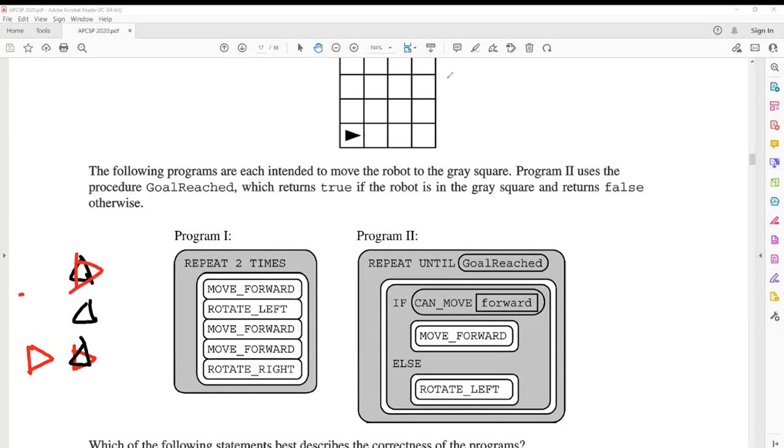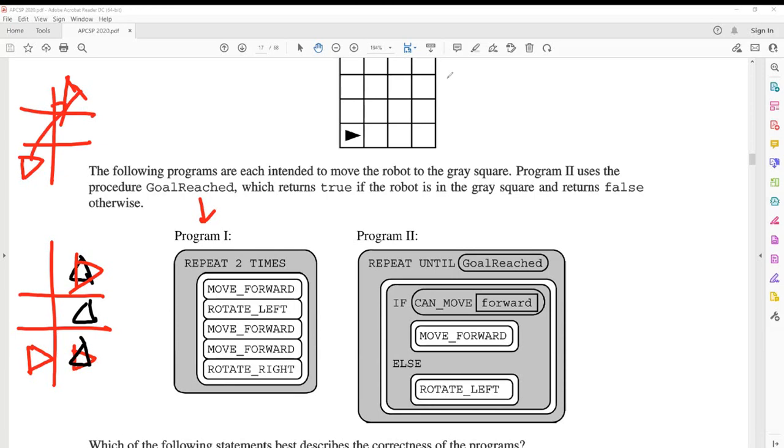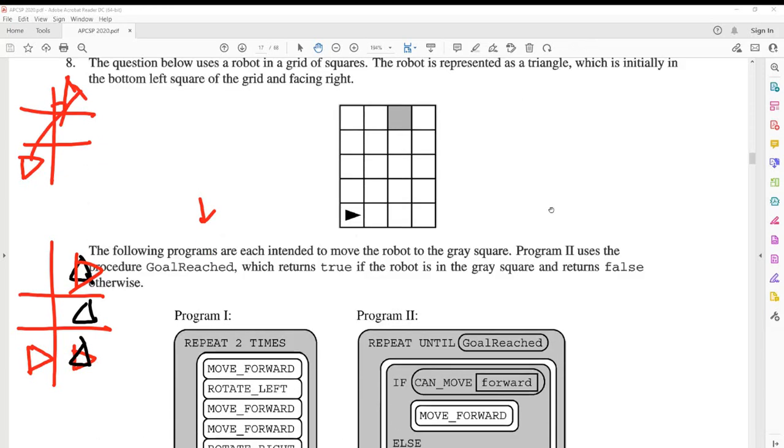So basically, this one, procedure one is repeated 2 times, so it actually will go like a chess knight. So go this way. It goes like a chess knight and it goes twice. So basically, with one operation you go to here, with the second operation you go to here, yes. So that is program one.